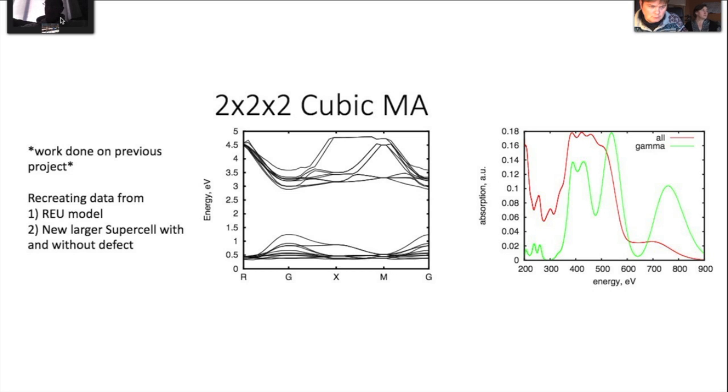And so that would allow us to then use a smaller unit cell as something that we could claim was the most realistic possible. And so I'm running this on two of our other models that we have. One was an REU that Dakota had used, so that should be done shortly. And then I built also a 6x6x6, so just more or less doubling the unit cell we have now, with and without